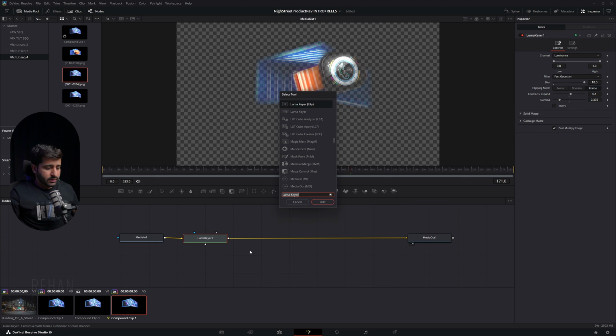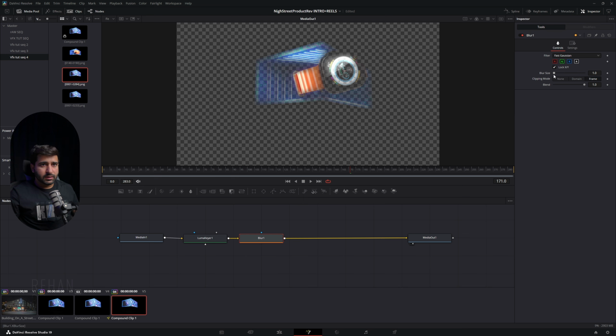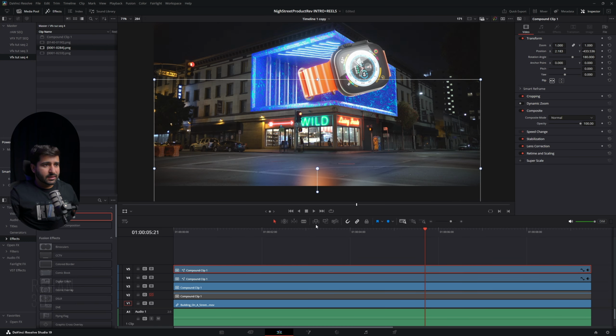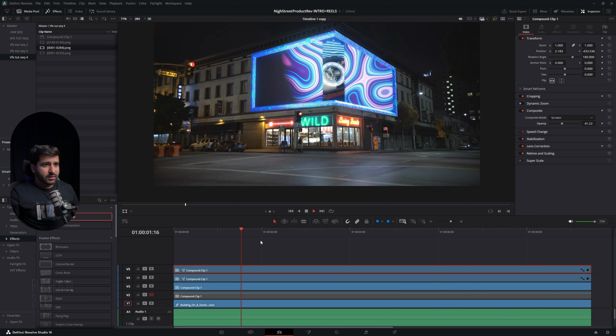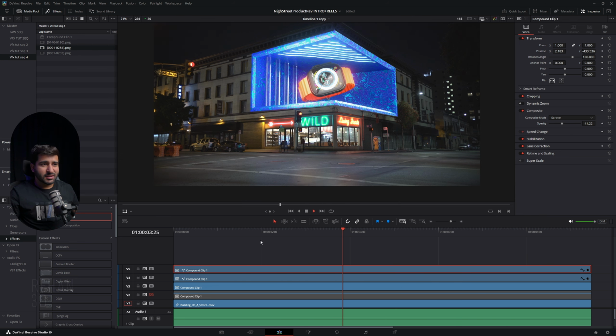After this add a blur node, simply use the blurring, and make the size bigger like this. If we go back, and use screen and make it less like this, you can see the effect and the results, how good this is looking.